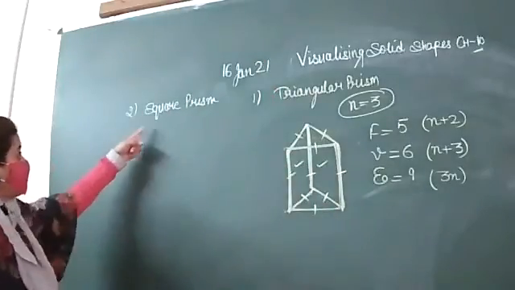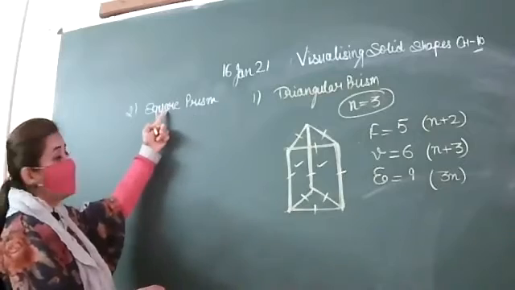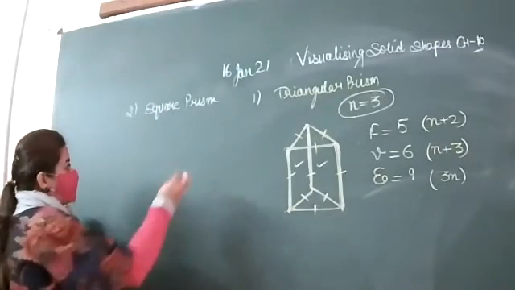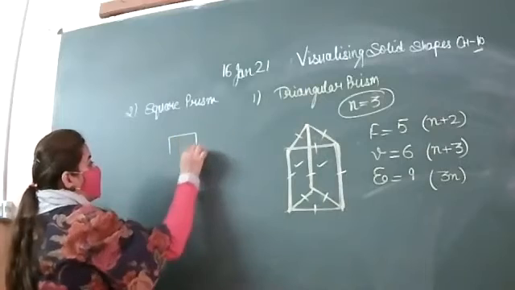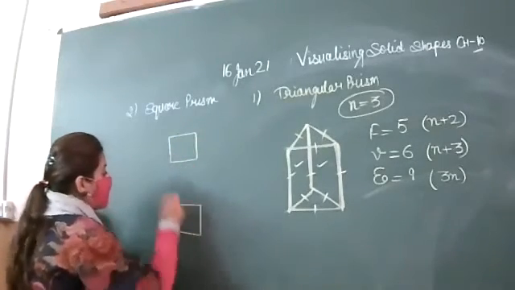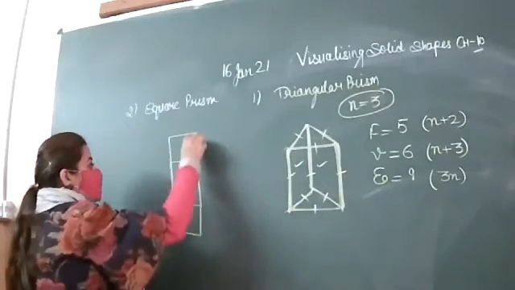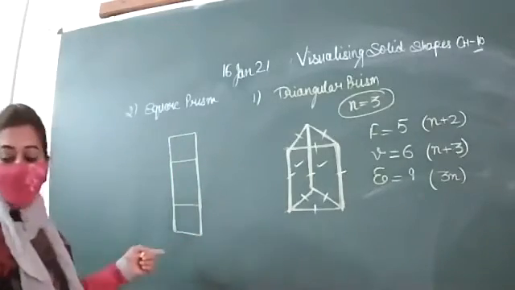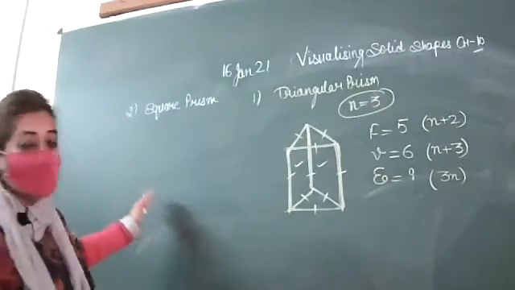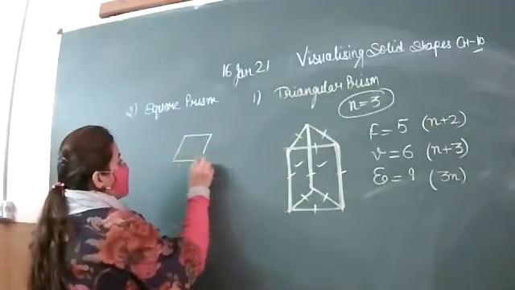Now, next is your square prism. For the square prism, you will draw a square in the upper face as well as in the lower face. Now look here. Before drawing this, firstly listen to me. If you draw a square in this manner, and if you join the respective vertices, then the figure will be like this and it will not be in an understandable position. Now, you will draw a square in the slanting position so that we can easily join the vertices.